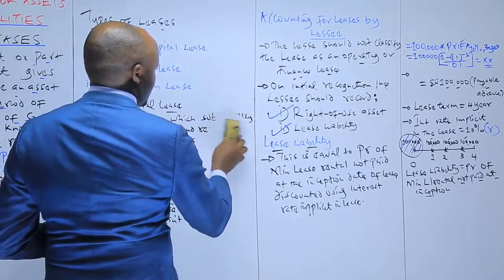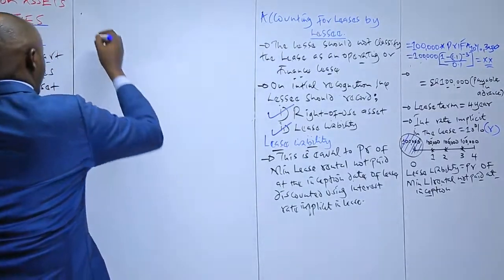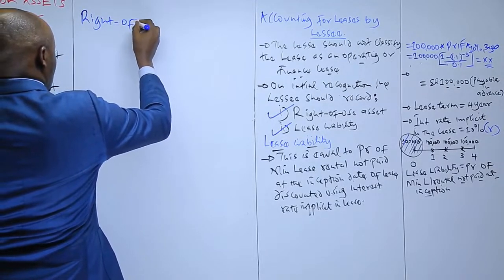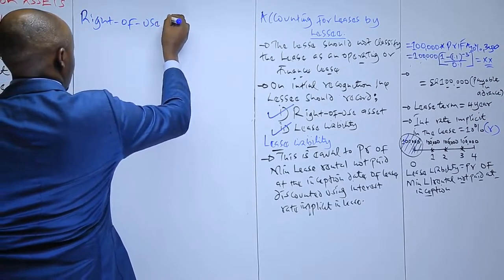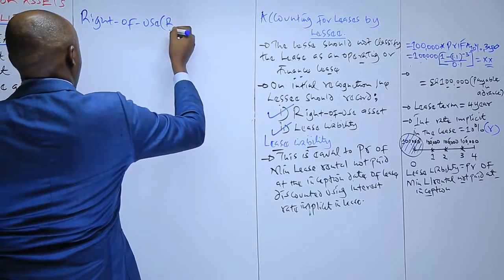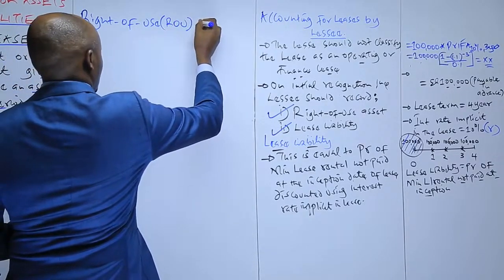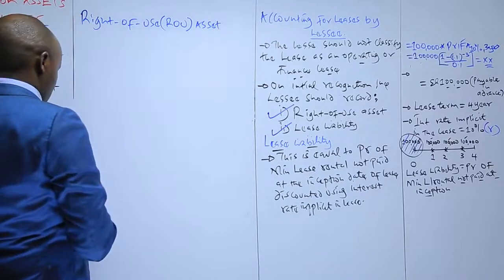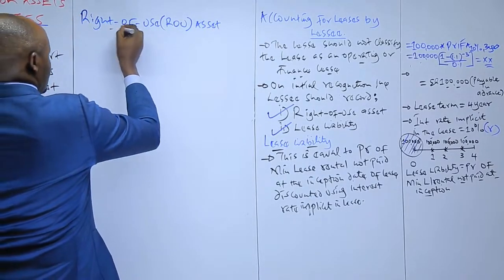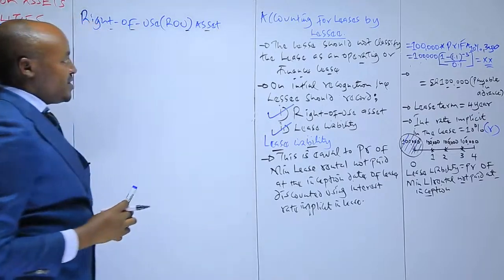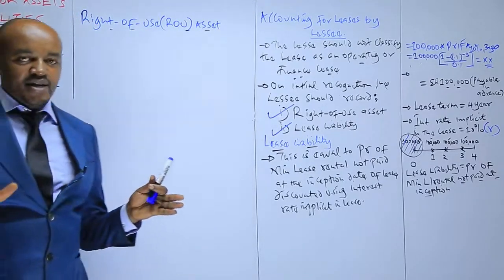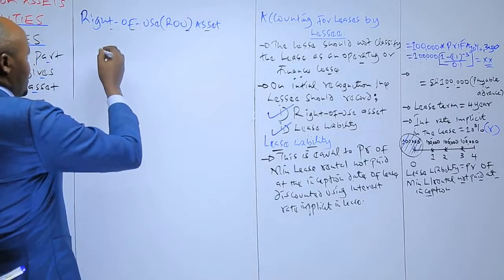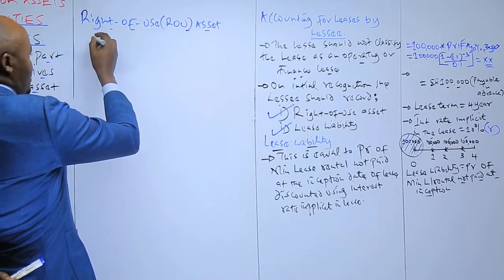That is the right of use asset, abbreviated as ROU. So to determine this, basically we add 3 items. One, we take the